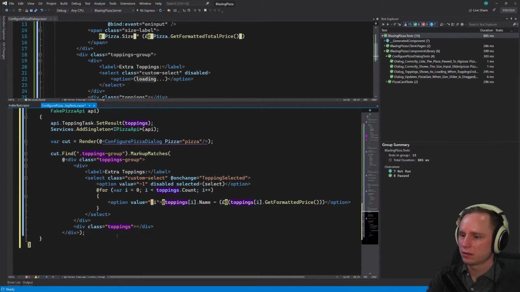I would accept that. So the alternative would be to go in and verify that we have a number of options being rendered out that matches the number of toppings that the service is going to return. And yeah, and then we would maybe, actually, I guess what we could do is